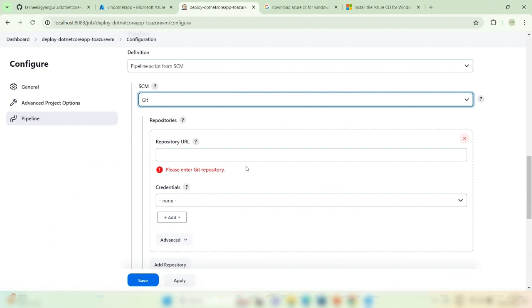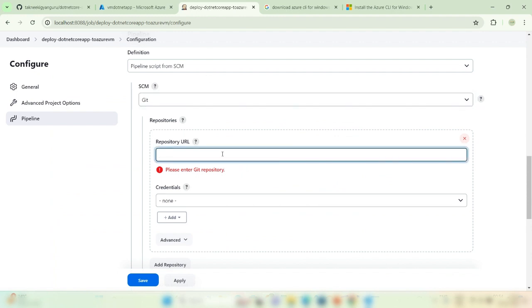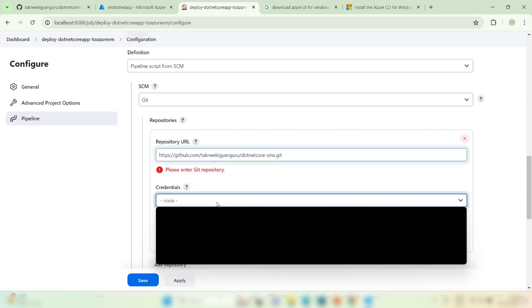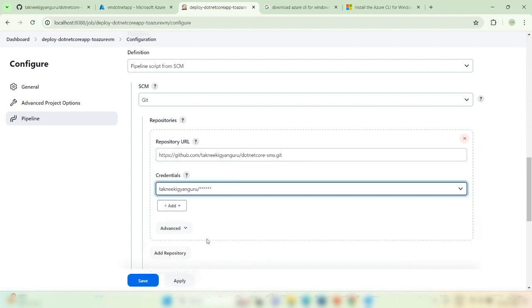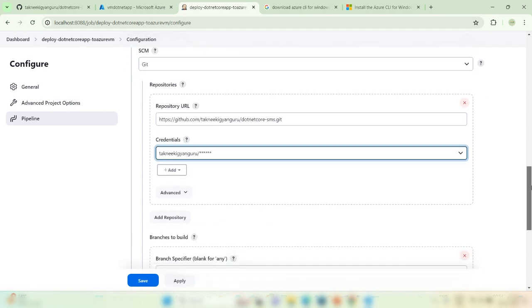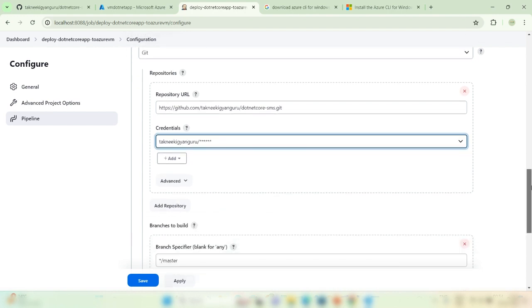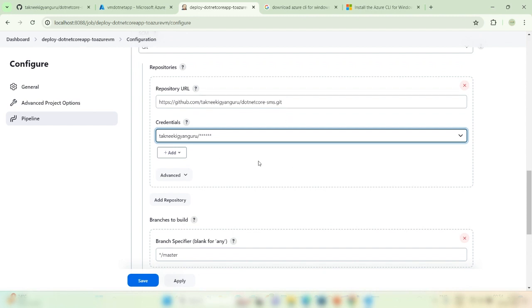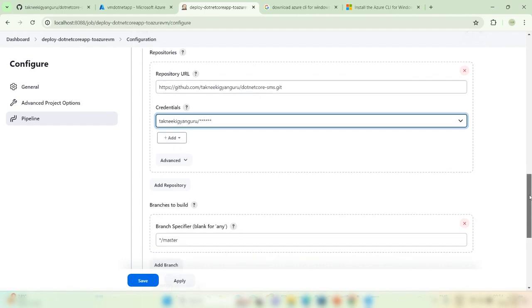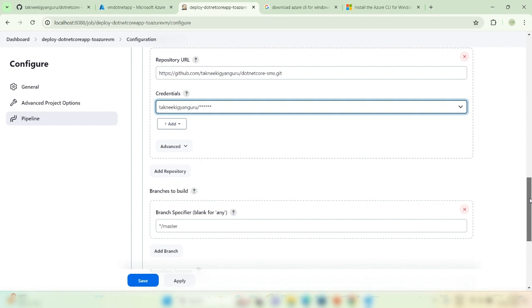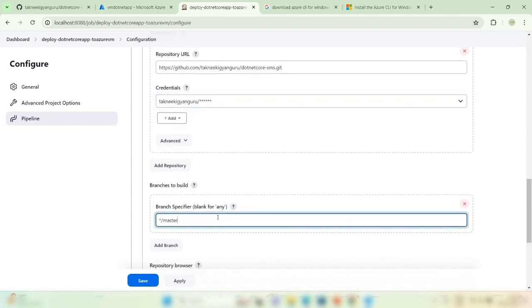Go to the Jenkins again and the URL. Credential, I have already selected credential. You can create your own credential for the GitHub, right? And then put it here. If you still find some issue, just let me know. I have created a lot of videos on how to set up credential for GitHub in Jenkins. You can watch. And the branches